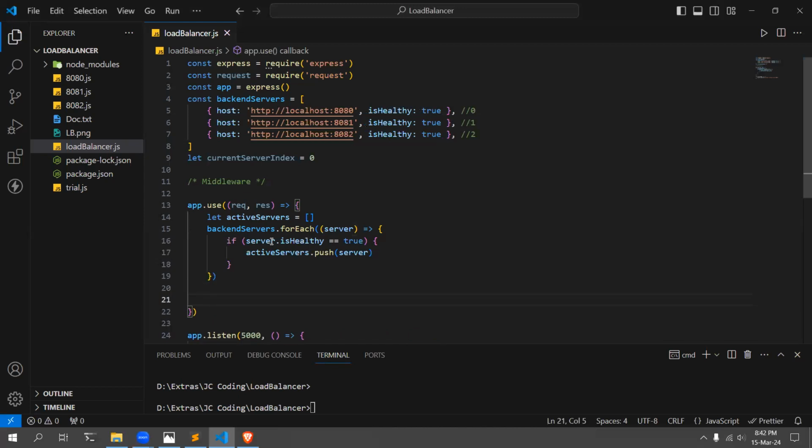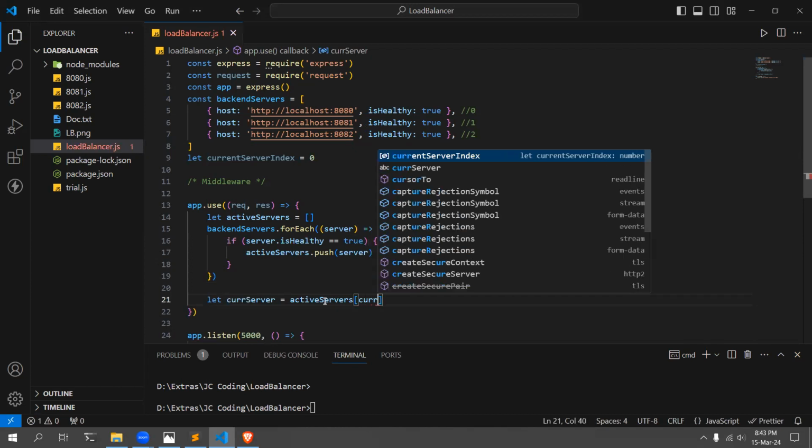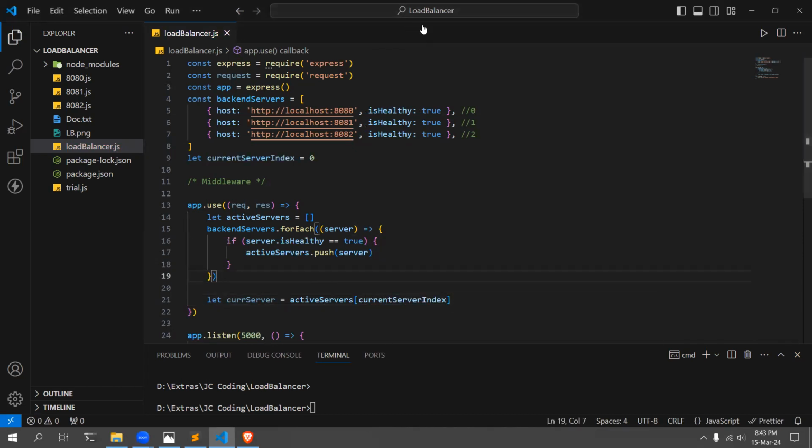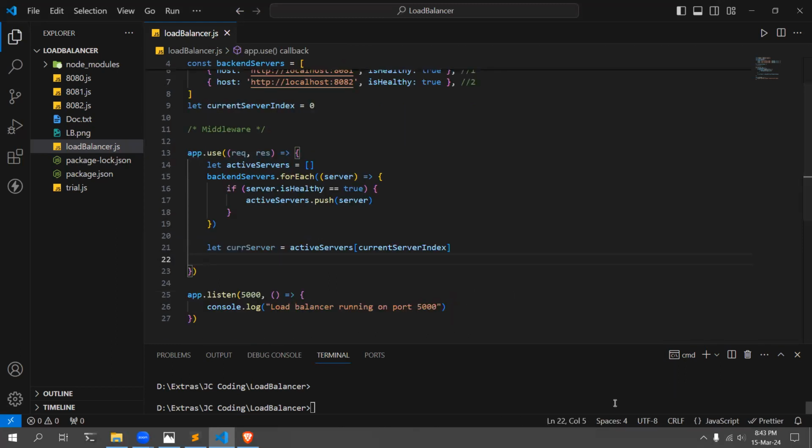Now the next step will be to use the current server, where current server is equal to, now we have our particular current server index which is set to 0. So we will have active servers and current server. After we have loaded all the active servers into this active servers array, we will fetch the server at the current server index from these active servers. So we have stored it in current server. Now the next step will be,